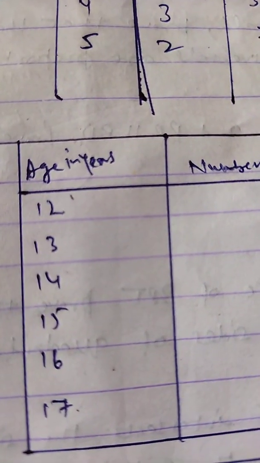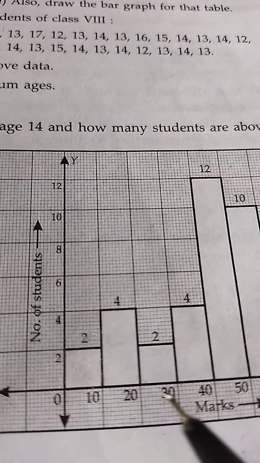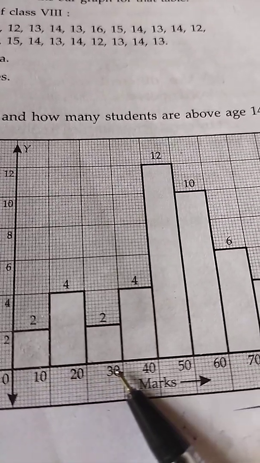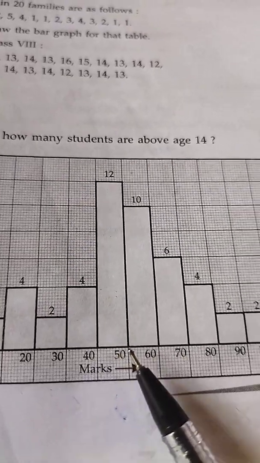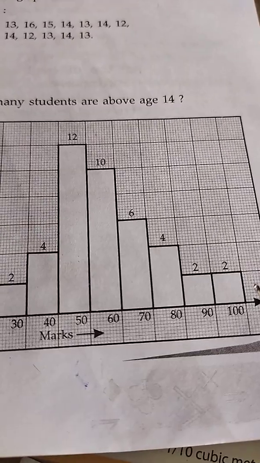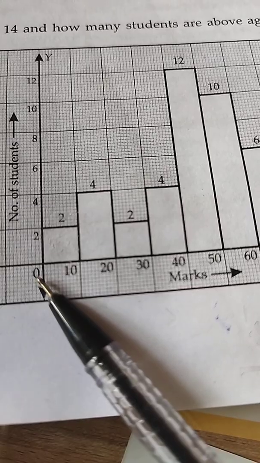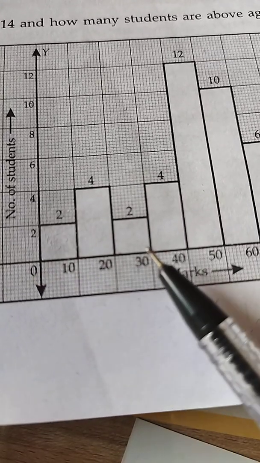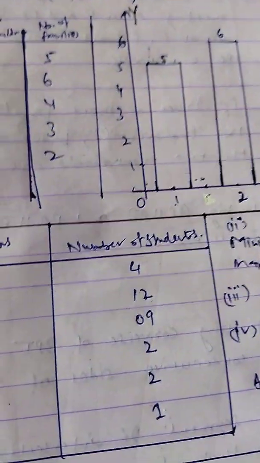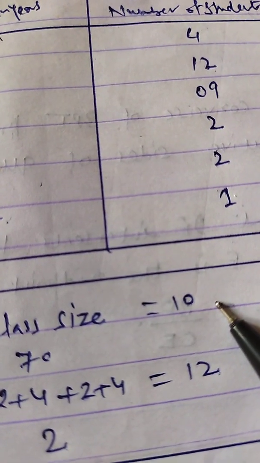Your graph is consisting of the bars over there. If you see, this histogram is given to you, where the bars are of this size: 0 to 10, 10 to 20, 20 to 30, 30 to 40, 40 to 50, 50 to 60, and so on up to 90 to 100. So what is the class size? So upper limit minus lower limit: 10 minus 0, 10, 20 minus 10, 10, 30 minus 20, 10. So everywhere it will be equal to 10. So then you have to write your answer, class size is equal to 10.